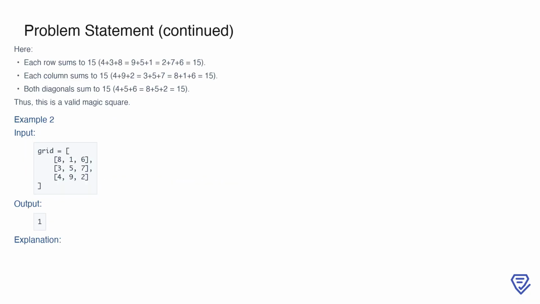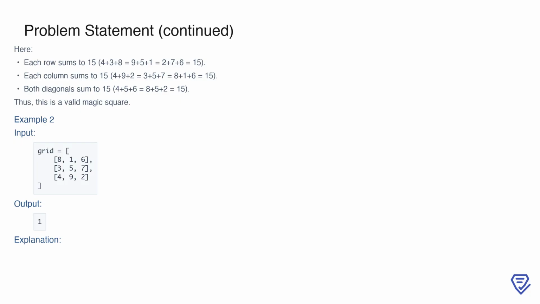Let's break down why this subgrid qualifies as a magic square. First, each row sums to 15. The first row, 4 plus 3 plus 8, equals 15. The second row, 9 plus 5 plus 1, also equals 15. And the third row, 2 plus 7 plus 6, equals 15 as well. Next, each column also sums to 15. The first column, 4 plus 9 plus 2, equals 15. Similarly, the second column, 3 plus 5 plus 7, and the third column, 8 plus 1 plus 6, both sum